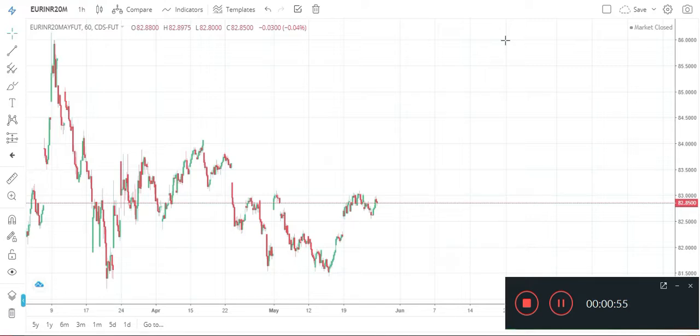See, there are a few options here. If you use Kite, that is Zerodha's charting platform, that is good enough for newcomers, for new charting professionals. But there are a few issues with Kite. One major issue is that you will be able to save only 10 layouts, right? Remember this, with Kite you can save only 10 layouts.